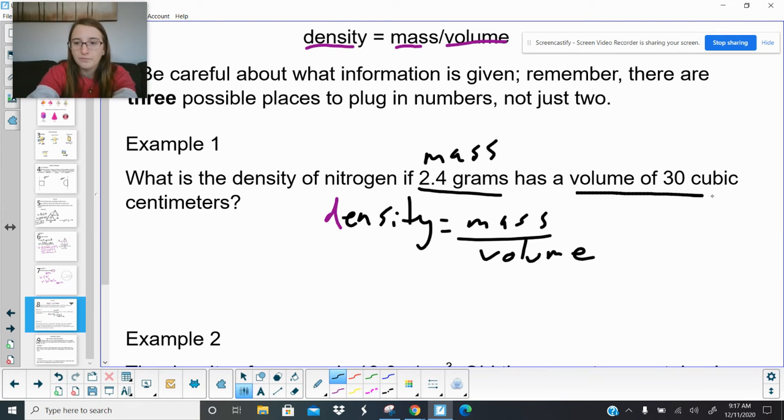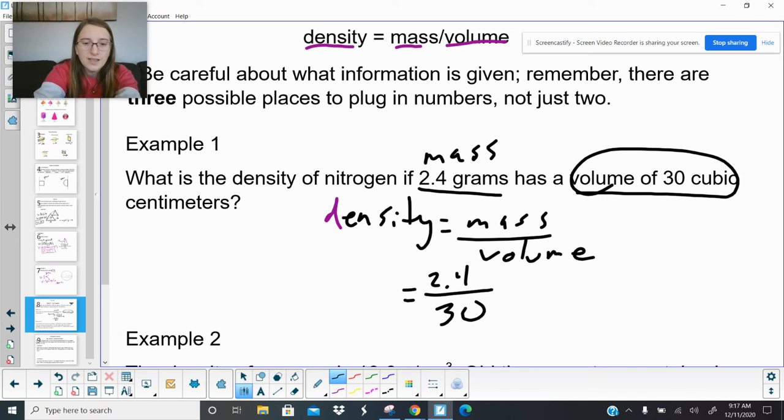Hey, that's volume. So that's where they go. So for this case, I am plugging into mass and plugging into volume because the 2 numbers I have are mass and volume. So I have 2.4 over 30,